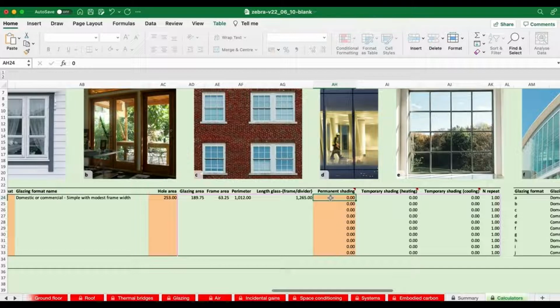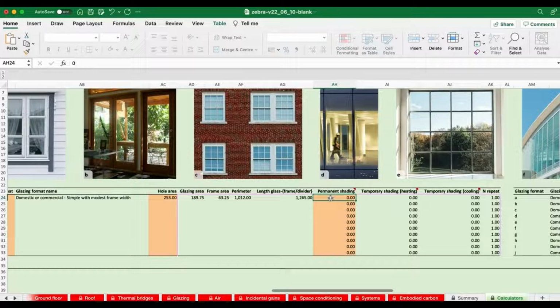Zebra does explain how to do a more complicated calculation, which is very similar to a daylight factor calculation, if you've ever done one of those. And we've provided a separate document on the Zebra website that goes into a lot of different ways, 3 different ways we think you are best specifying windows within Zebra. From a very simple method like this, which is picking windows that look similar, to some quite complicated calculations. But you're unlikely to want to do those calculations till later in the design cycle, when you've really bolted down a lot more detail about the building.